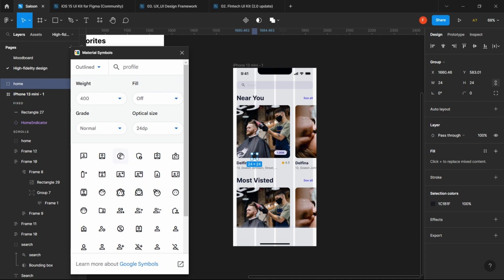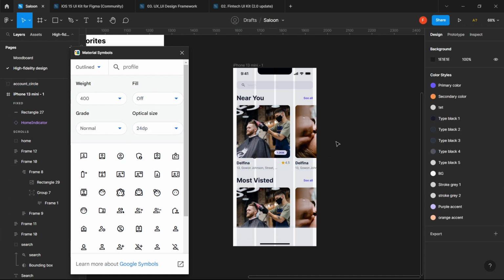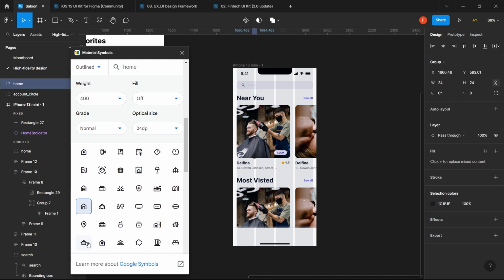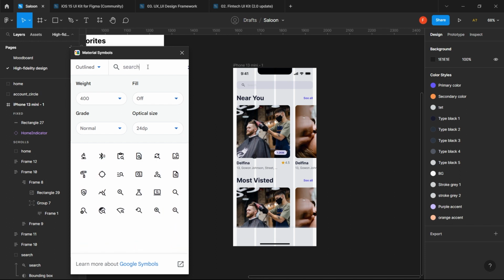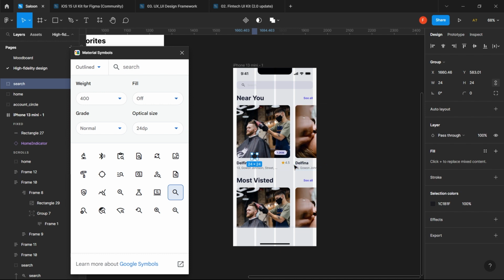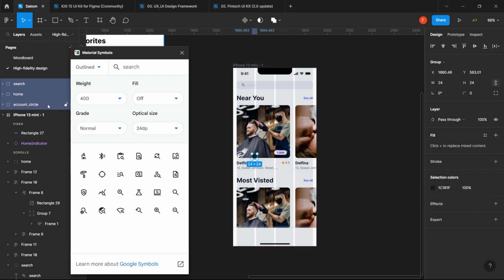Okay, so there's the profile icon, and then also I think it switched it up because that was still selected. I'll search for home again. Okay, then I will deselect it, and then search. I already have search again there, but I just want to pick one to be that size. Yeah, so we have all of that. I'll select 3 of them and